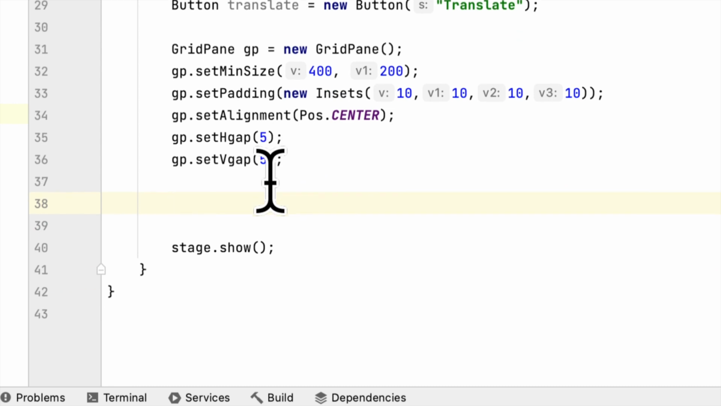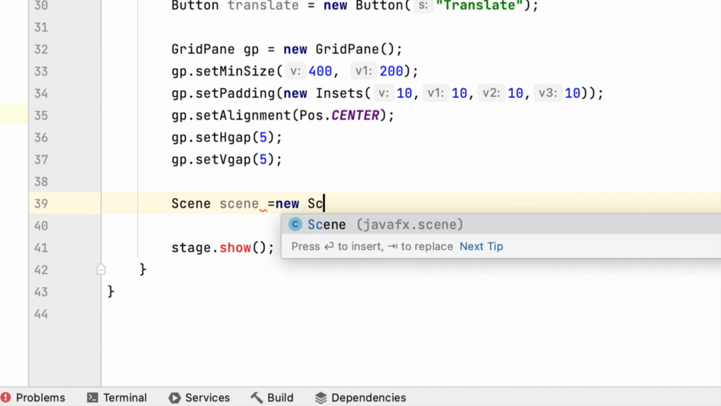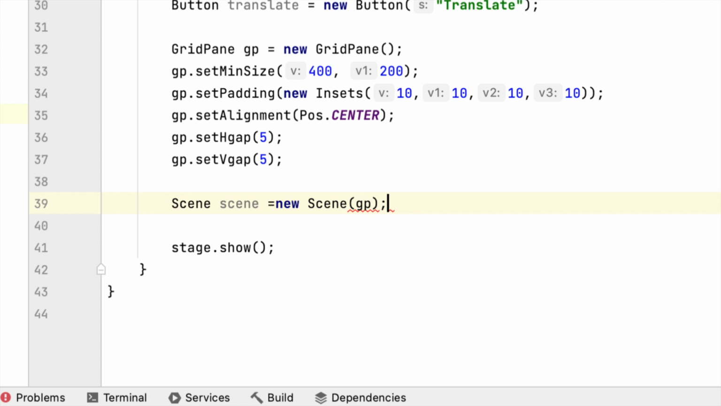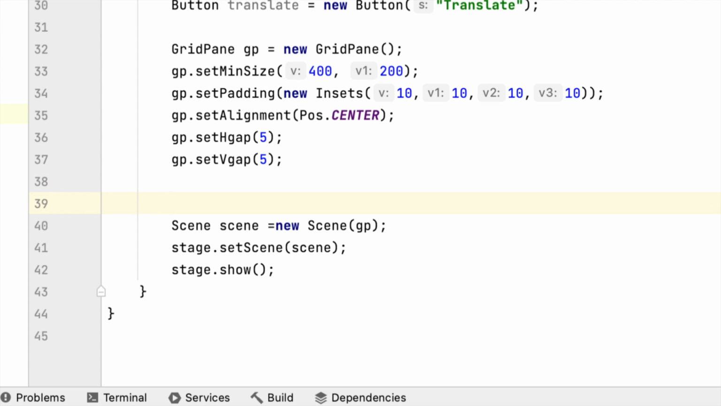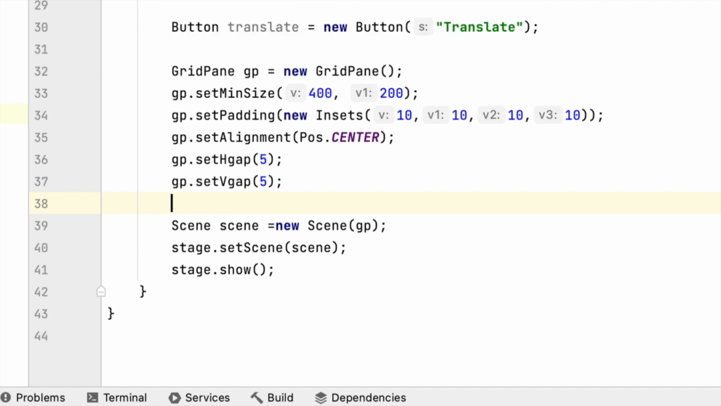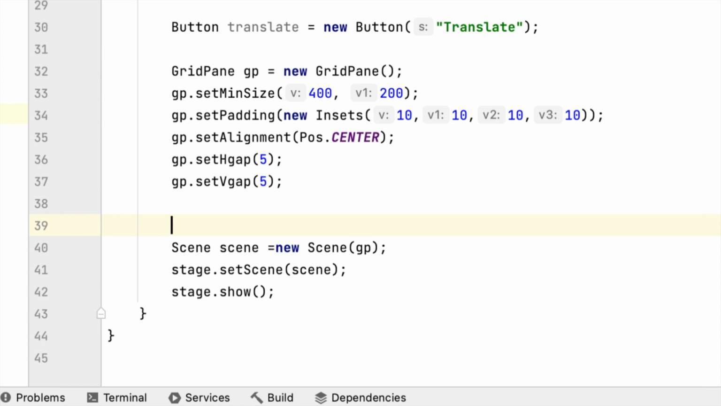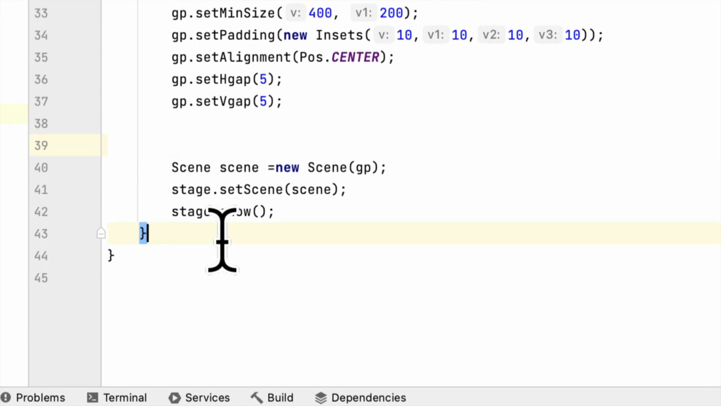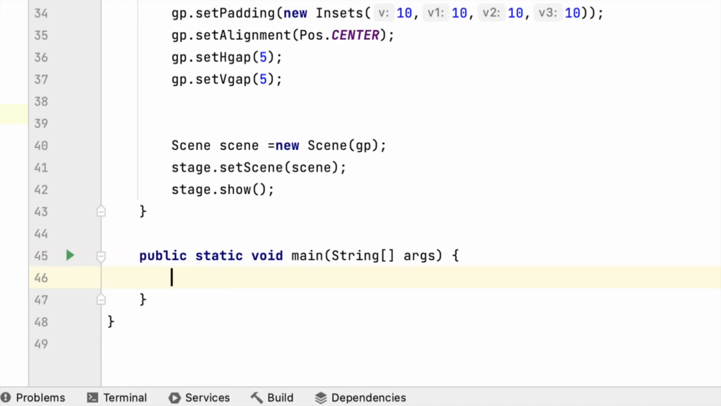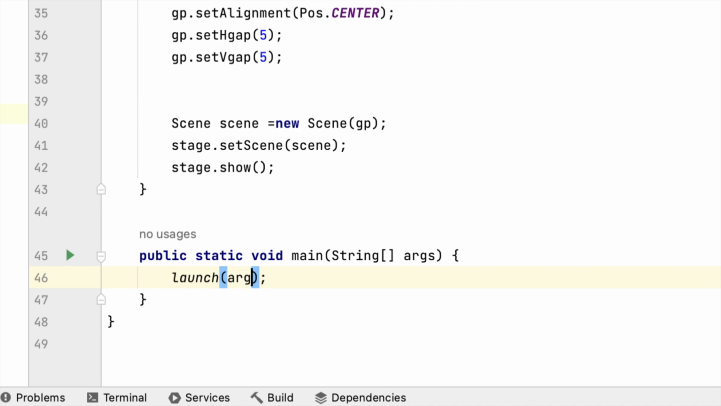After that, we have to create a scene. The scene will take the grid pane. And lastly, we have to set the scene. We have to add the scene to the stage. Set scene, scene. Then we will create a main method. Say launch args,